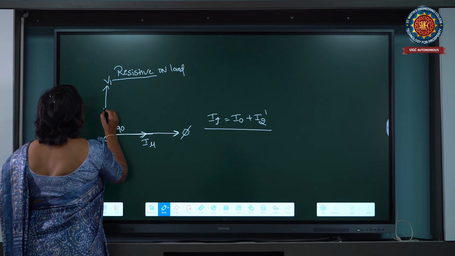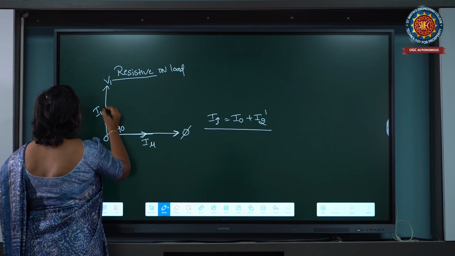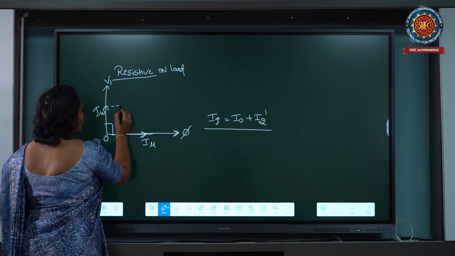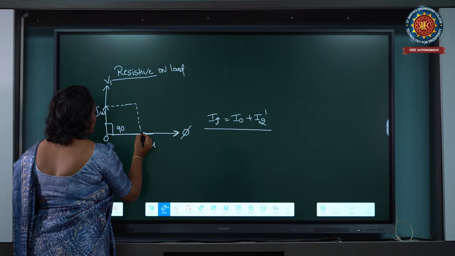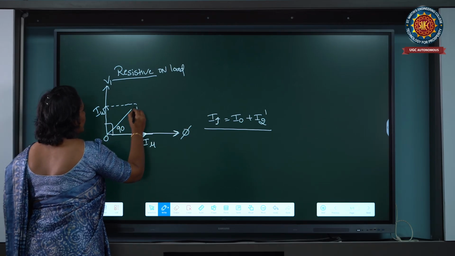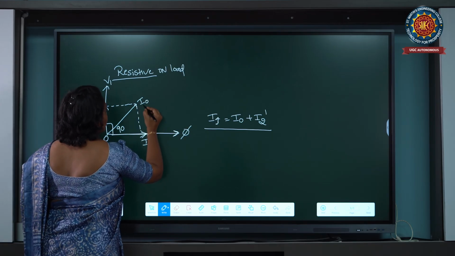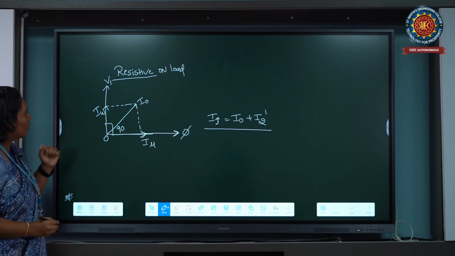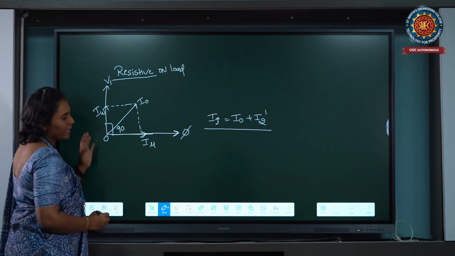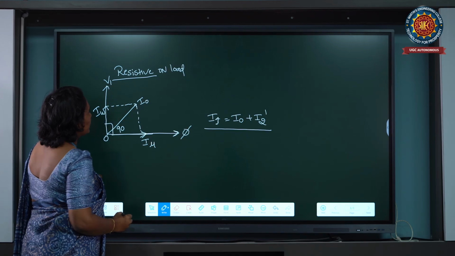So the working component current and the supply current are both in phase. The resultant of the magnetizing current plus the working component current is the no load current. So this is the practical transformer at no load condition. Coming to the practical transformer at load condition with resistive load,